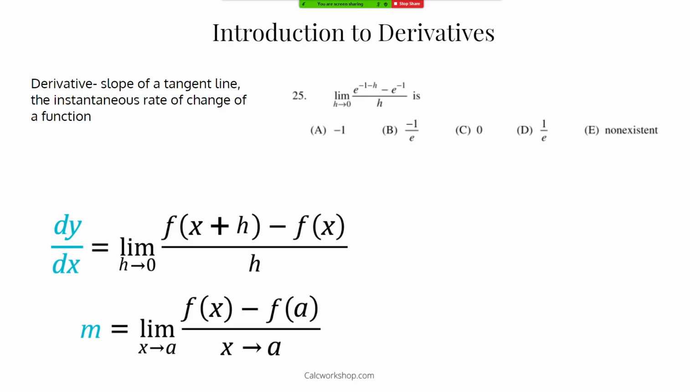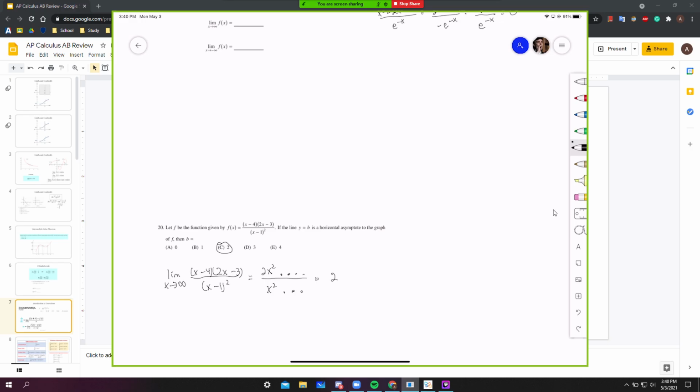So derivatives, they're the slope of a tangent line or the instantaneous rate of change of a function. The limit definition of it is this. Limit as h approaches 0 of f of x plus h minus f of x over h. This is an example of a problem where your understanding of this would be really helpful. So if you can see that this is in the derivative form, you can see that